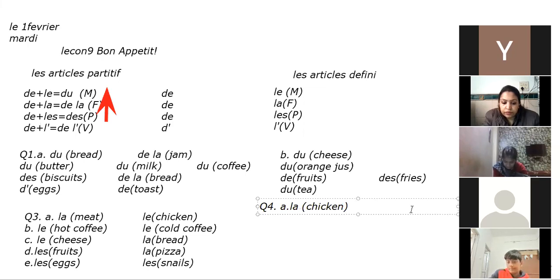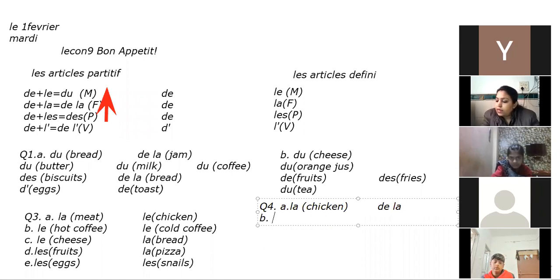Ridhima? De la. Du la, because again it is feminine. With feminine we use de la, and it is written I eat the chicken. But whenever you are eating, you are not counting. So this is unprecise, uncountable. That's why I have used the partitive article here. It will be de la. And the other one again is the same, that is chicken.